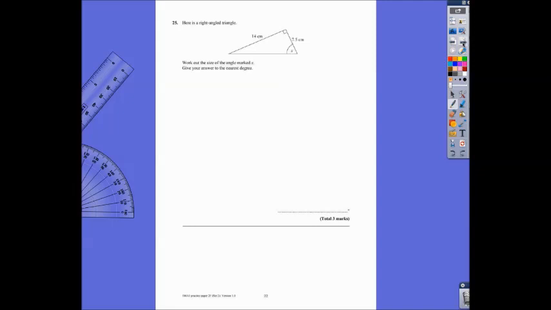Question 25. Here is a right angled triangle. Work out the size of the angle marked X. Give your answer to the nearest degree. Now, because it's a right angled triangle, we're going to be using either Pythagoras or trigonometry. And this time it's trigonometry because we're using an angle. Pythagoras is just for the length of sides. So, if you use the acronym SOHCAHTOA,